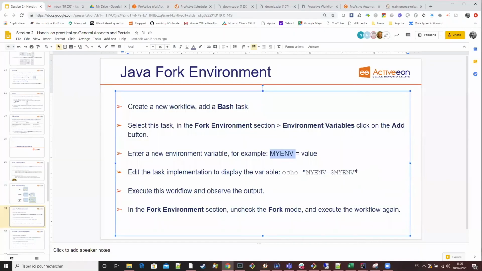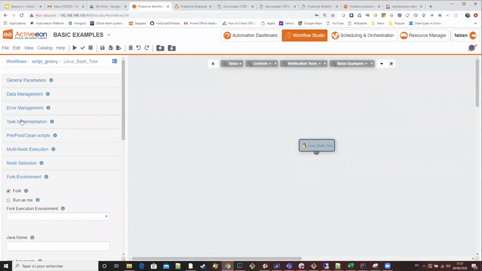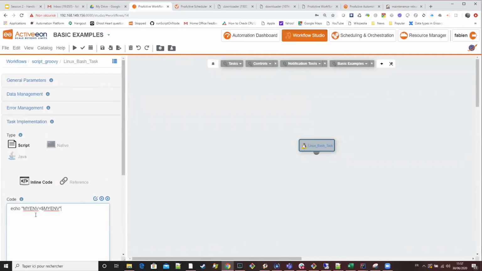Inside the task, I'm going to print out in the task implementation the content of this variable. When I run this,